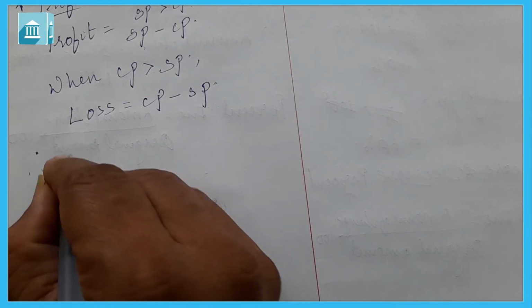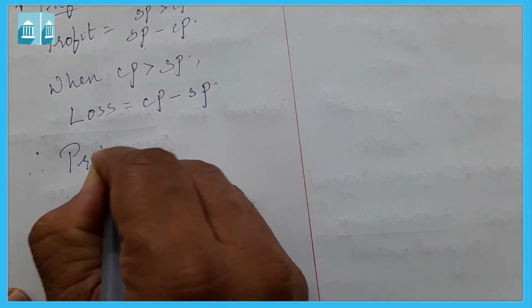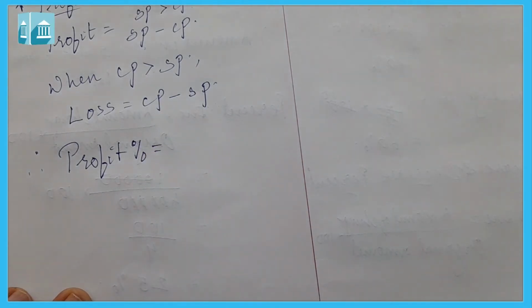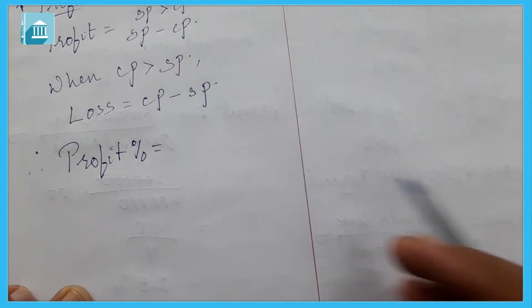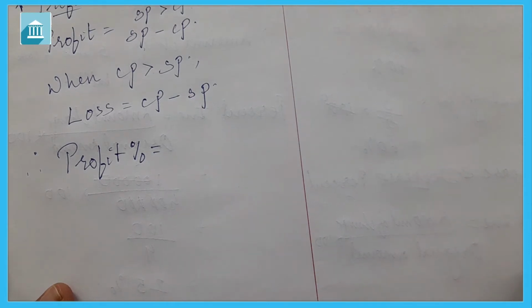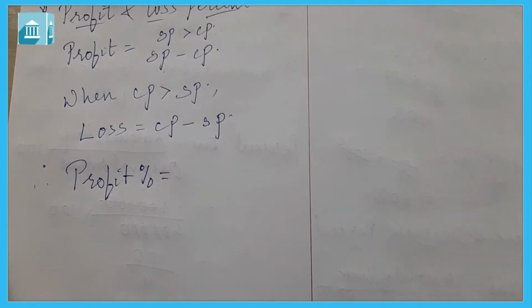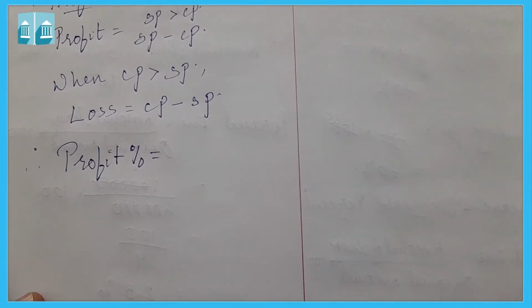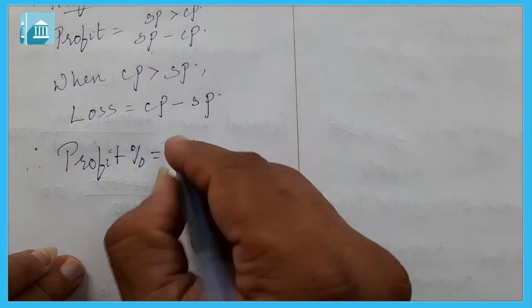So therefore, profit percent we always find out on CP, as we had done in last increase and decrease. That we had done on base. So here also the base is CP, base price is always considered as CP, and so profit percent is equal